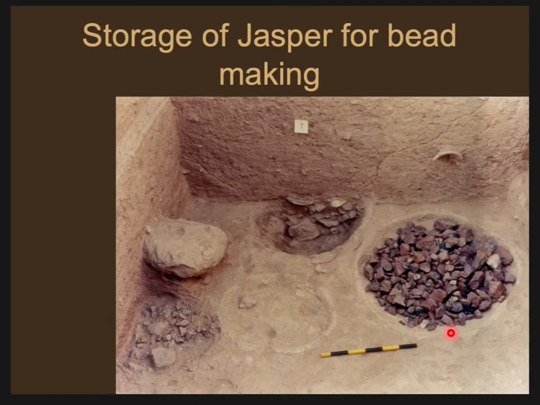Beads were also made, and so in the bead manufacturing area, what would you expect? Not a lot of the beads necessarily. Those get traded elsewhere, but lots of the raw stone that would be made into beads. It would be the same as if you were making, let's say, that leather worker, that local leather worker. What would you find in their work, in their production area? Probably lots of pieces of raw leather ready to be turned into finished products. Okay, so raw materials, debris, tools, all of these things can identify production.